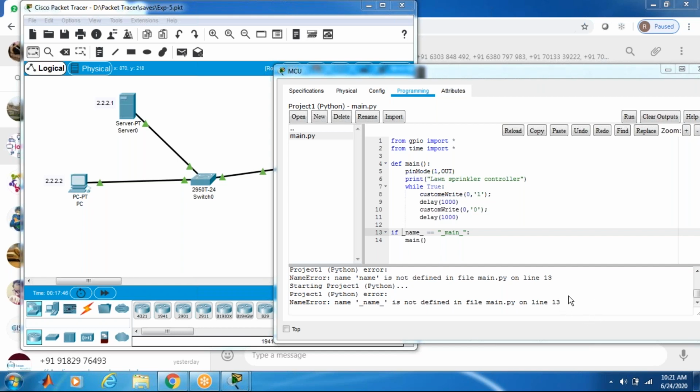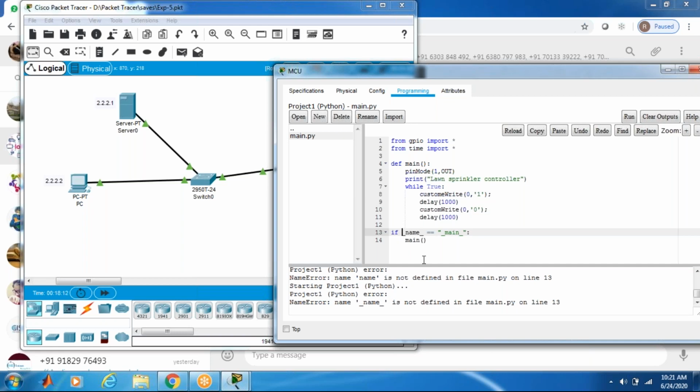If name: click, underscore. Space first. Underscore double, correct? After if there should be a space, then underscore. That's wrong, after if, space, not underscore.